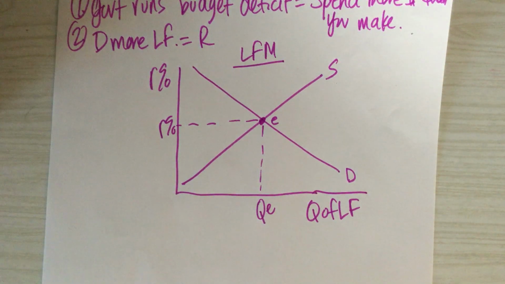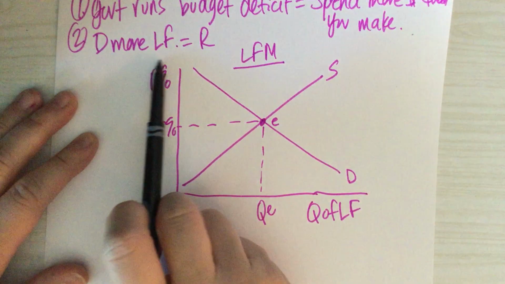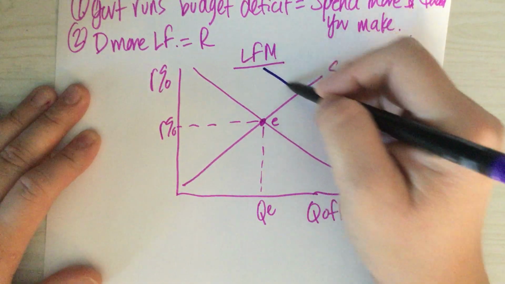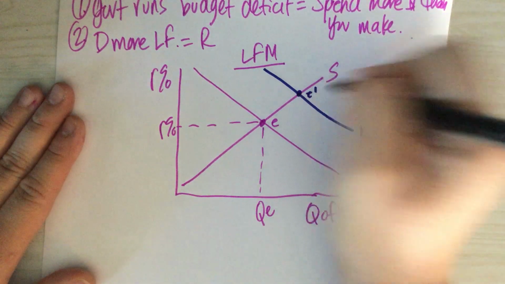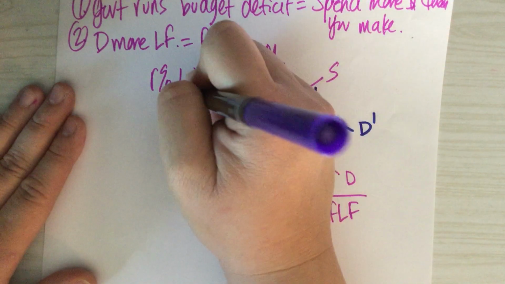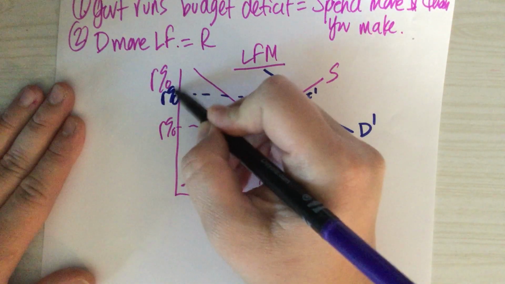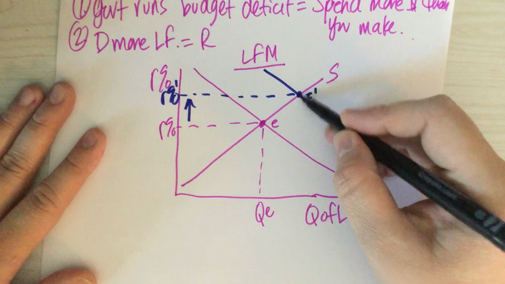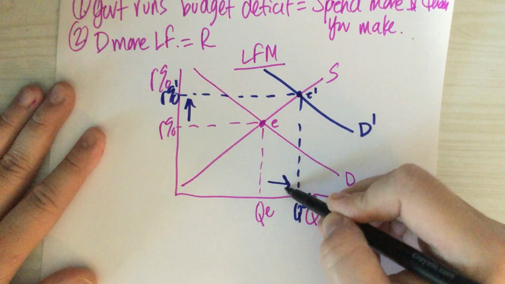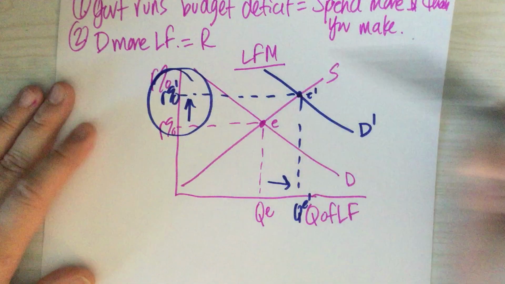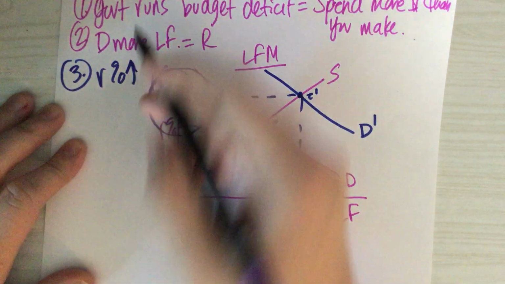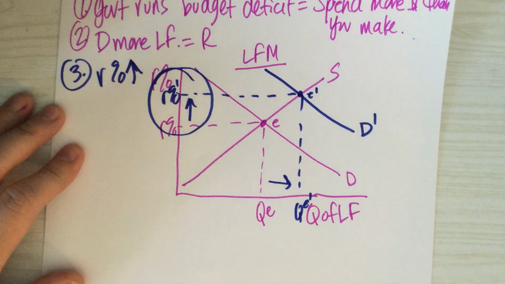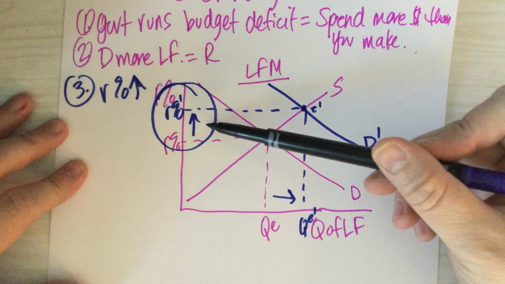Let's say, for example, like the shifter, that the government is running a budget deficit and they come in and demand more loanable funds, it shifts to the right. So when the government comes in and says, hey, we need to borrow money because we spent too much, surprise, surprise, they cause this new equilibrium to shift here, and the real interest rate to increase, right, and the quantity of loanable funds to go up as well. When the real interest rate goes up, this is the third effect of government borrowing when they run a budget deficit. This interest rate goes up.